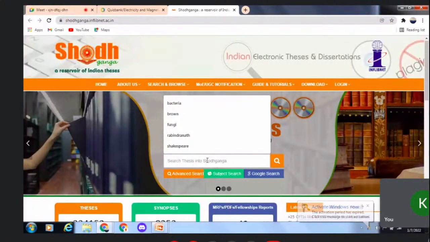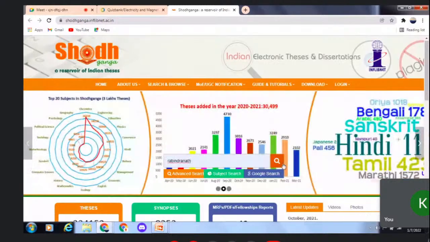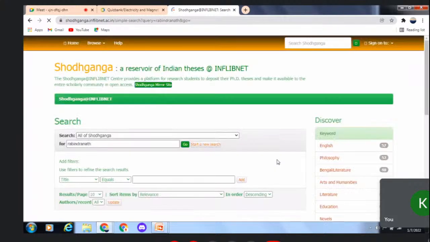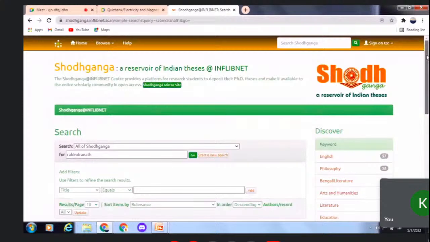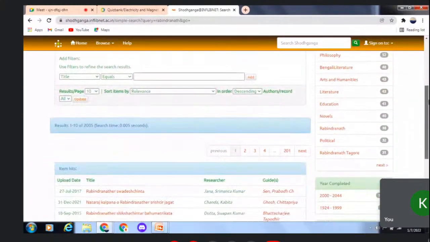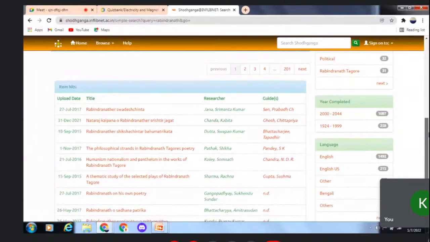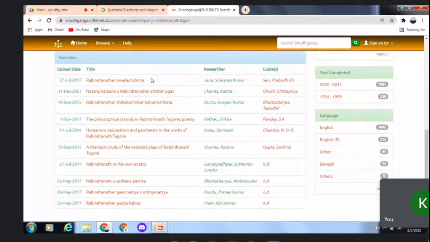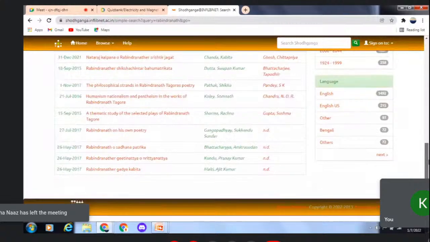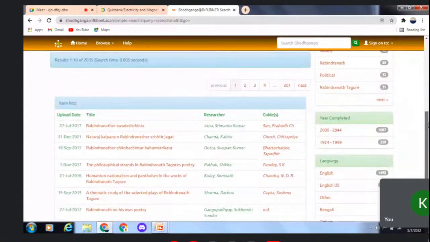So here, if we want to study anything, like about Rabindranath, then let's see what comes if someone studies different aspects of Rabindranath. Clicking on the Shodhganga reservoir, see, so many aspects of Rabindranath studied by different scholars are appearing. Rabindranath Swadesh Nataraj Kalpana, Rabindranath Sritir Jagat, Rabindranath's own poetry, and these are the researchers, these are the guides, and definitely universities and other institutions